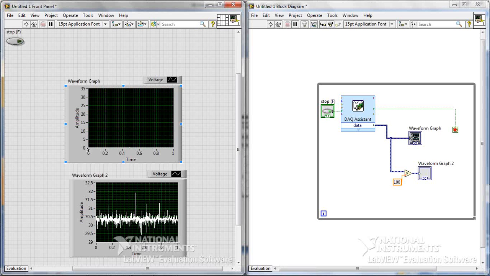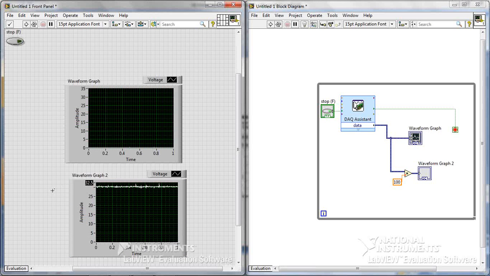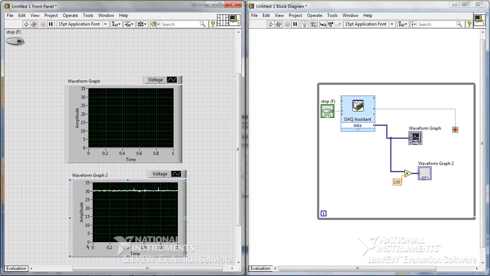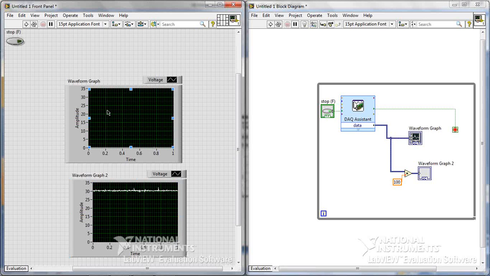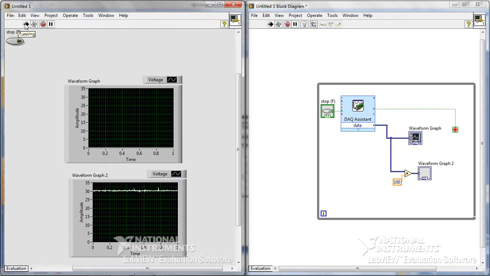And I'll remove auto scale Y. I'll do the same operation here. I'll give 0, and here I'll give 35. Now let's see what happens. I have removed my auto scale Y, so my system is ready. I have given from 0 to 35, 0 to 35. The moment I run my VI,